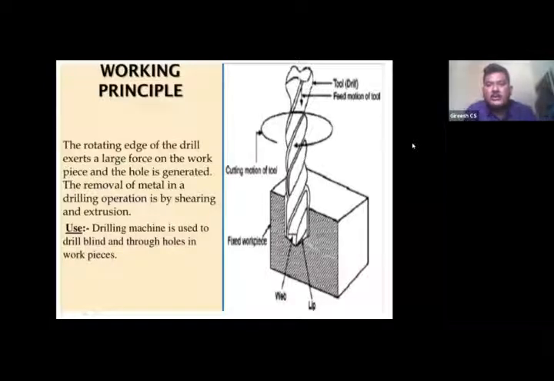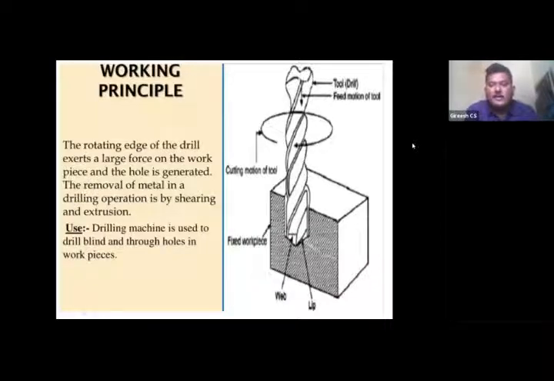So here the force will be applied directly on the workpiece material. With the help of feed, we are moving perpendicular to the workpiece surface. That movement is called feed motion, and the twist drill or drill bit is rotated. As the drill bit rotates, it will move in the downward direction. Because of the cutting edge, the material will be removed from the workpiece, and it is coming out of the flute, the space provided for the moving of the unwanted material. Our chips will come out of the flute.